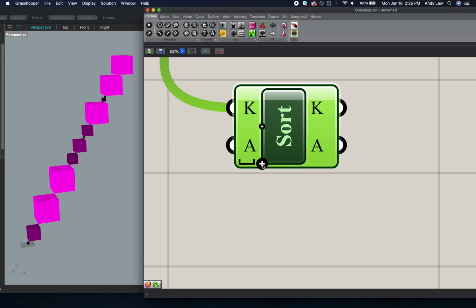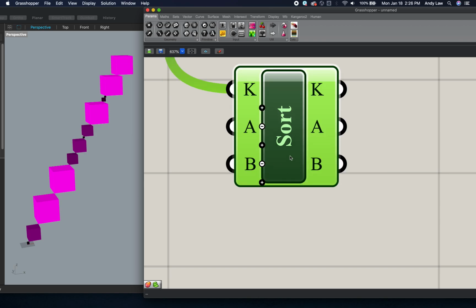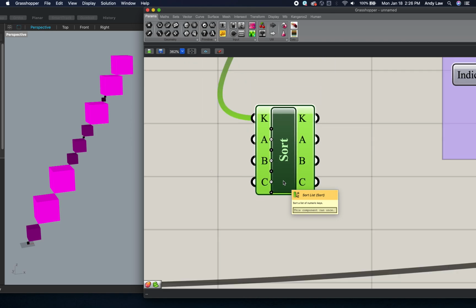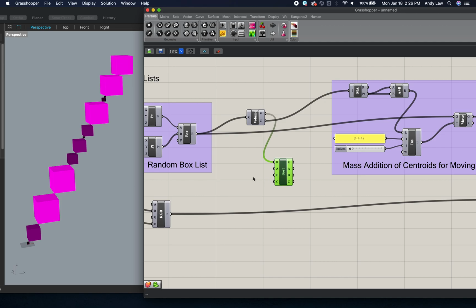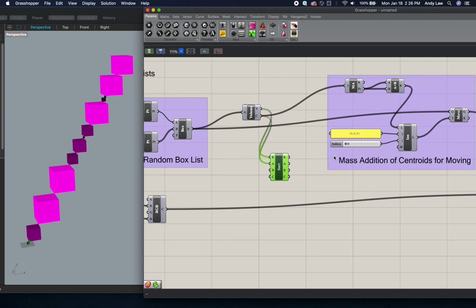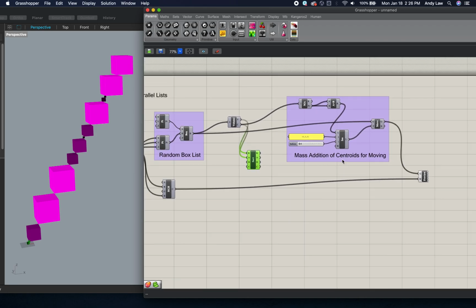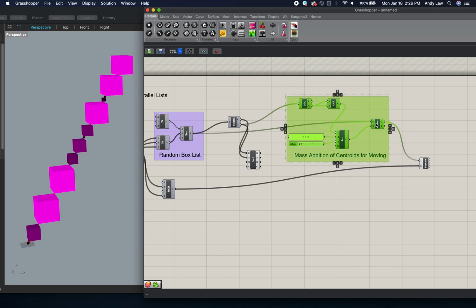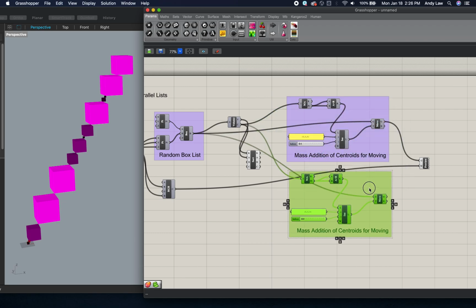So we can zoom into sort and we can add how many channels we want to sort, and I know that we're going to use 3. So one of them is going to be the centroid, so that goes into there, and I think it'd be good if we just copied this whole thing. So we select all and copy, so move that down here,